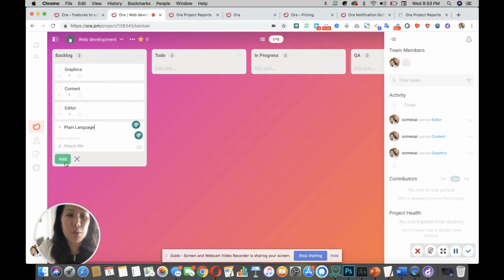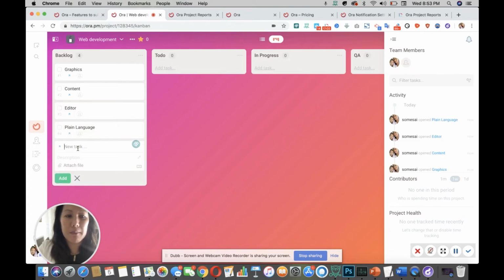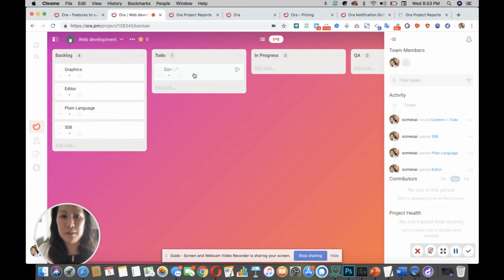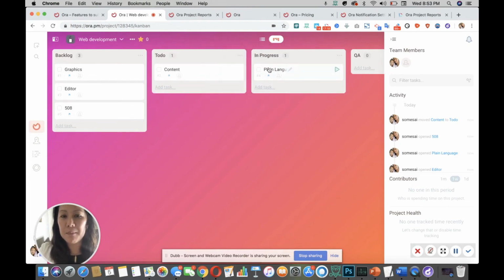And then if you build websites for the government, 508 compliance is very important, making sure the site's accessible to the disabled. So once you do that, I can move it over to do,